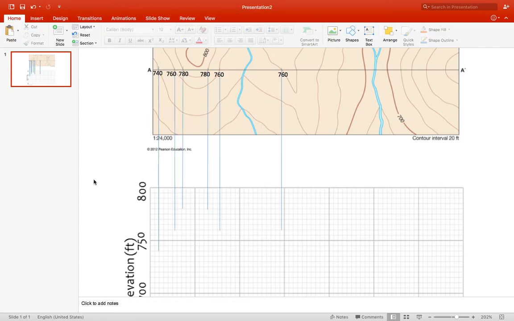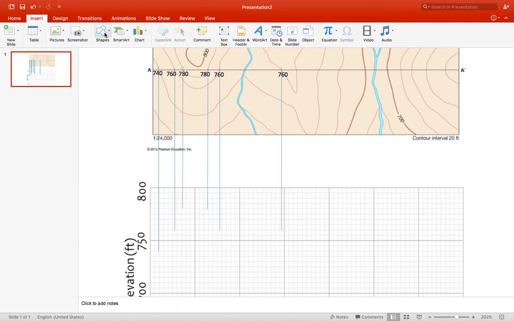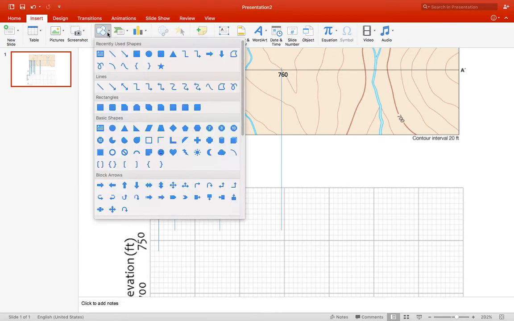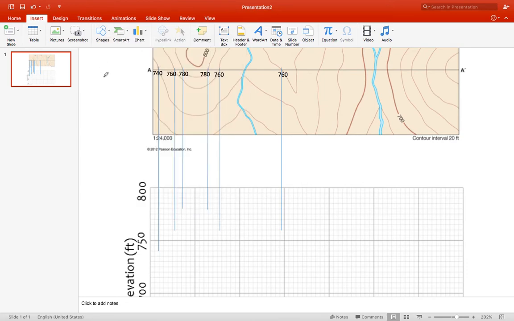Okay, now that you have all your lines drawn, we are going to create the actual profile by doing a little bit of connect the dots. And by dots, I mean the bottom tips of these lines that you just drew. Okay, so we're going to do that by going back to Insert and using the Shapes tool again. And this time we're going to select this tool, which is called the Scribble tool. When we click on the Scribble tool, it lets you draw wherever your mouse is by clicking. Okay, so we're going to start at this point at the bottom of our first line,